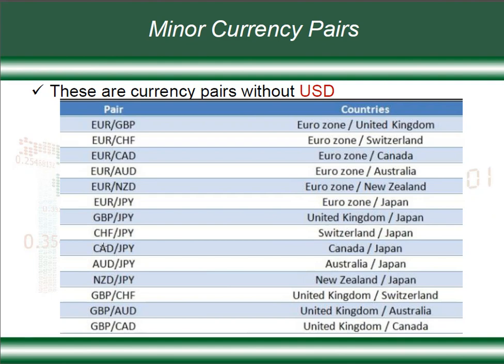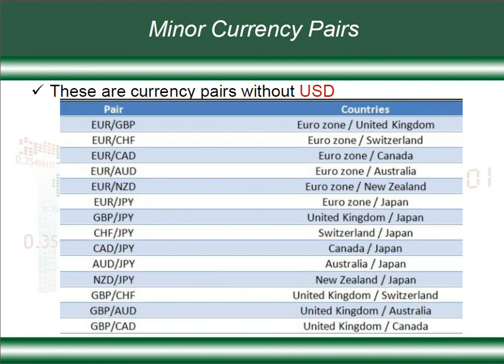5 and another 5 and another 4. This is 14 plus 7. We already have 21 from this, combining the minor ones and the major ones. Okay. Now there are those that do not fit in any of these categories. They are usually, or a combination of these, they are usually called exotic currency pairs or crosses. Don't worry so much about the same.